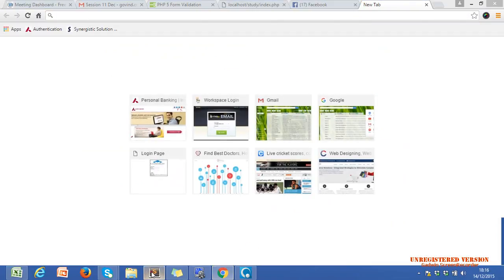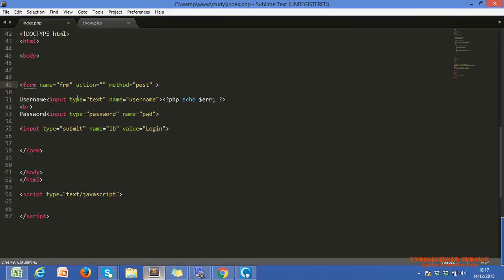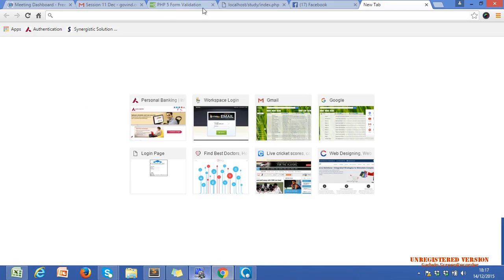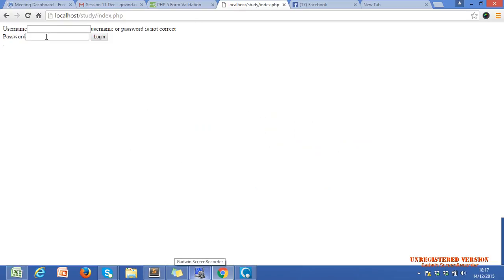In this code, if we write anything in our text box, we have an event for that also. On key press, whenever we press anything, we can fire an event. This is also an event.